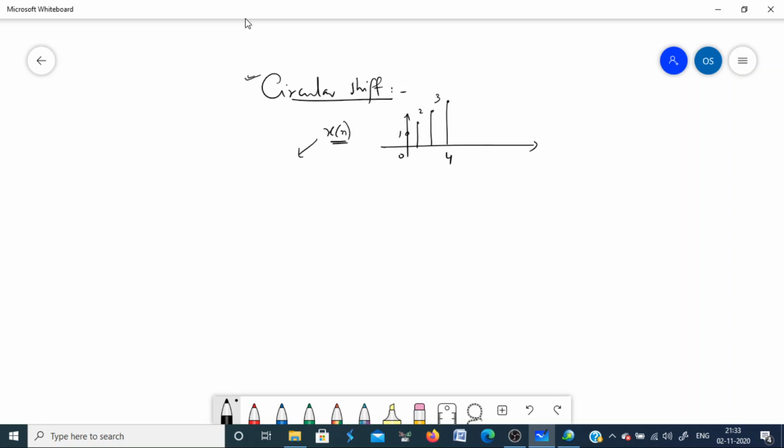When you take it to DFT and then you apply IDFT, you have seen that what you can recover is a periodic sequence, which is the repetition of the same sequence after N samples. So if you take a 4-point DFT, from the 4-point DFT, when you apply IDFT, you can get a sequence like this,